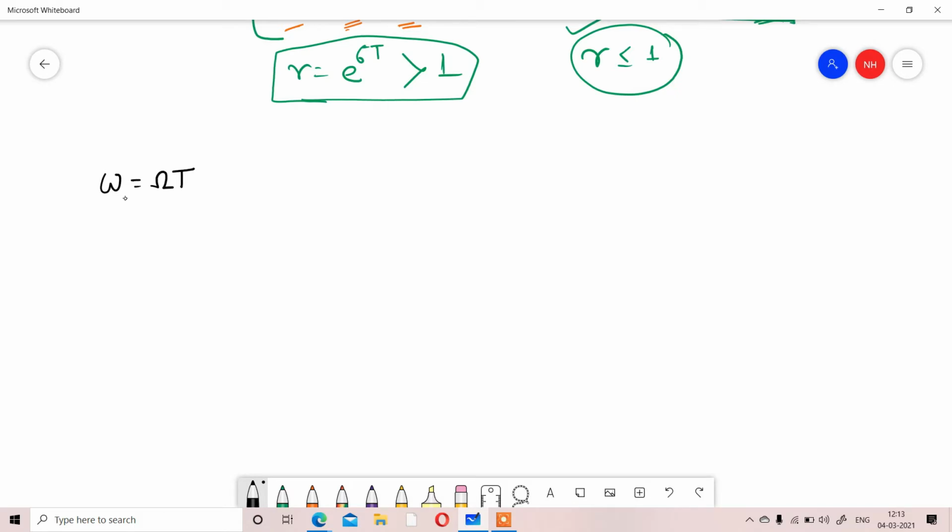In that expression, try to understand it very clearly. In that expression, digital omega defines a range. What should be the range for digital omega? Give me the answer. What should be the range for digital omega? Obviously a finite range. And what is the value of that finite range? Minus pi to pi.